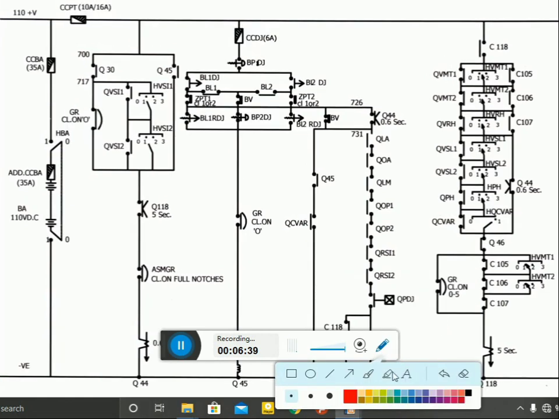So you can see in the DJ control circuit. See, if we wedge C105, the C105 normally closed interlock will open and you will not get any path to the QNet. So after wedging of C105, we have to keep HVMT1 in 3 position to maintain the path to the QNet.